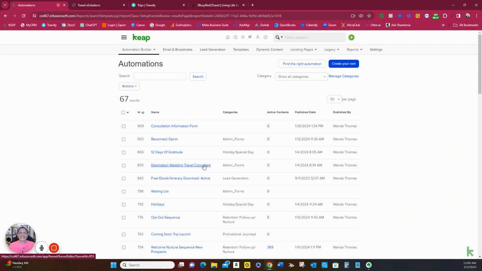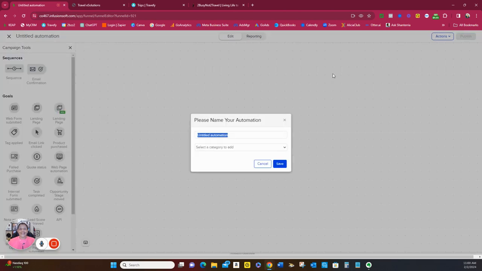To get started creating a new automation, we're going to go up here in the right-hand corner and click Create Your Own. We're going to create this new automation. Once we go in, we'll be able to add the new landing page information to get started with building. So we'll start off by labeling this particular automation that we're creating. I am creating this as a template for a travel organization so that they can then utilize this particular recording to help maybe train their virtual assistants and or additional staff. So we're going to title this as a travel guide